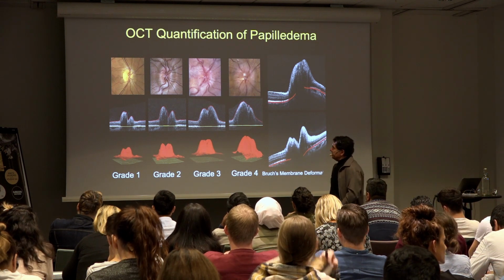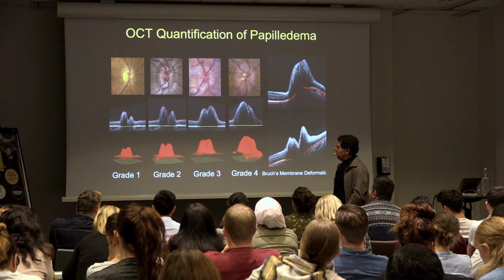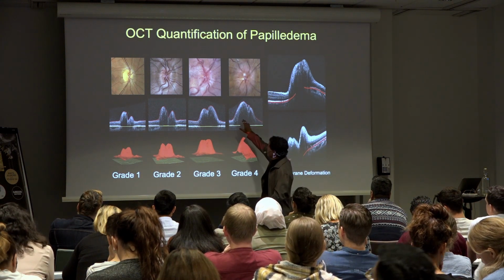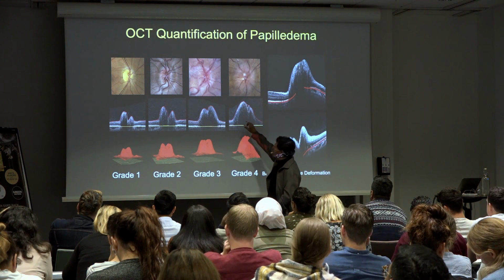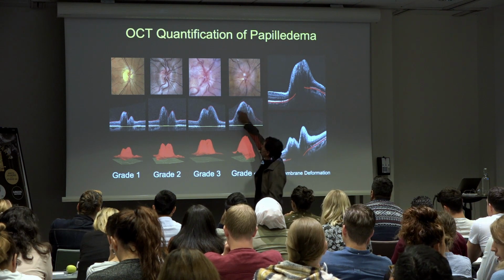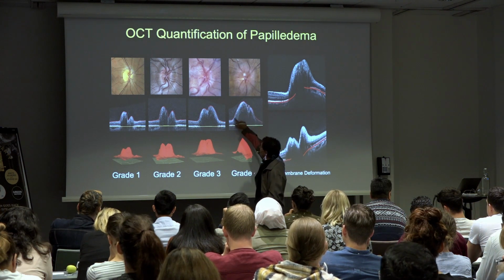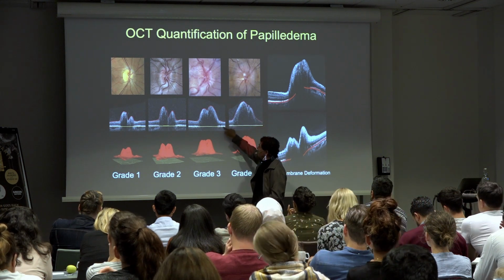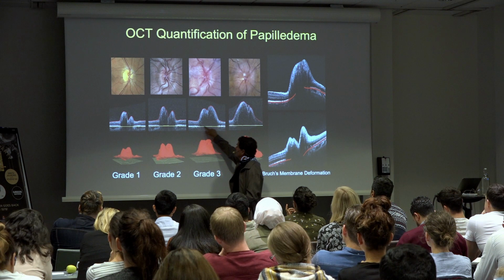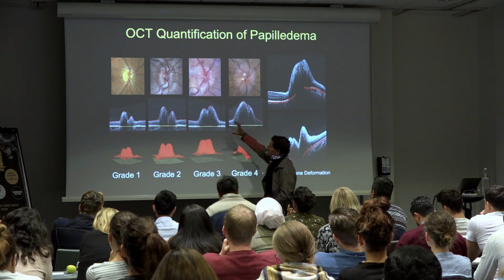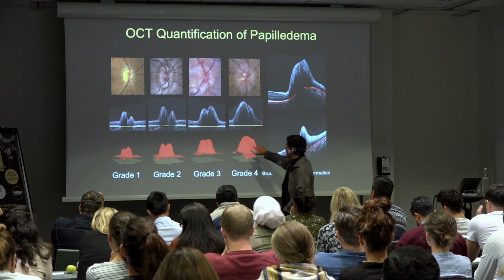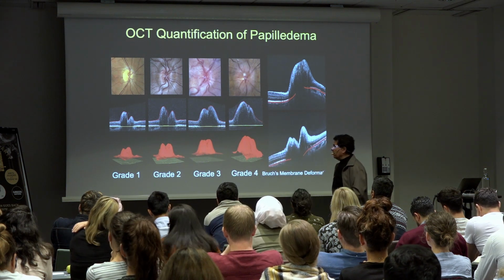There's another interesting aspect. A lot of what we're doing, and some of the manufacturers now are incorporating, is that instead of trying to do the nerve fiber layer thickness, if you do the total thickness, which is easy to find the border there against the pigment epithelial layer and just drop a line through there, you get a volume scan. And just showing how the volume of the optic nerve head can be more robustly correlated with the amount